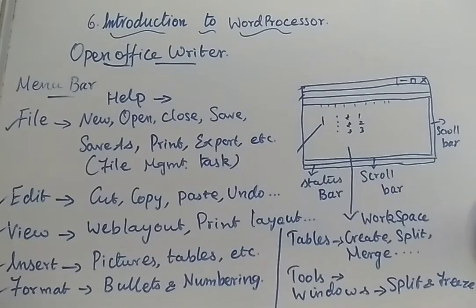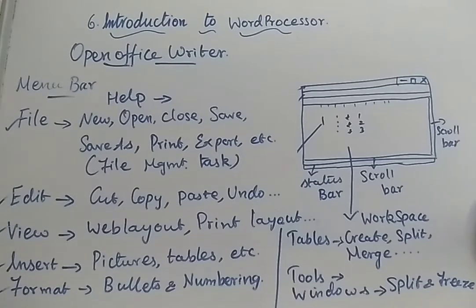Next, it is your window menu. In this window menu, you are going to have new window and close window. You can split the window and you can freeze the window. Then last, you are going to have your help. This menu will list out the inbuilt help features available with OpenOffice. Already it is written while it is programmed, so that will be displayed. So these are the menus that are available under the menu bar.